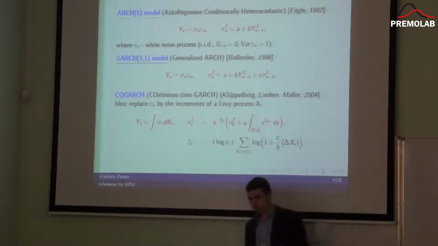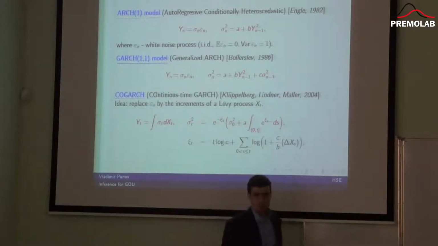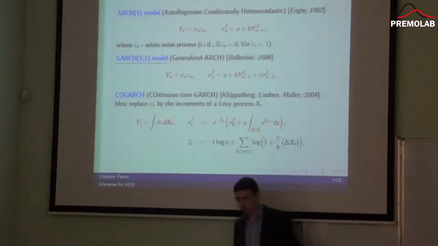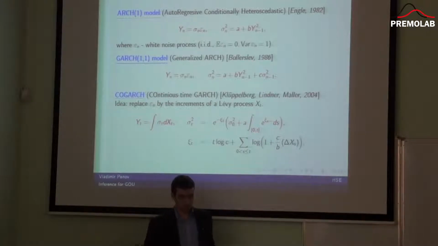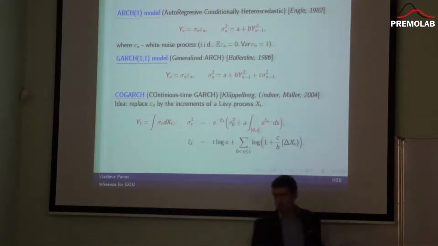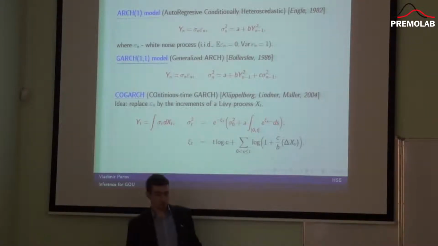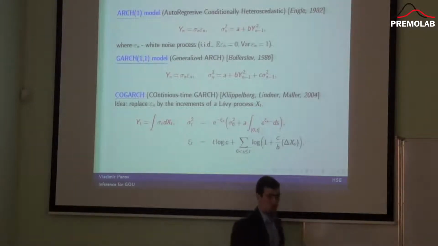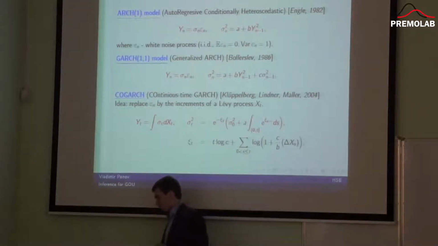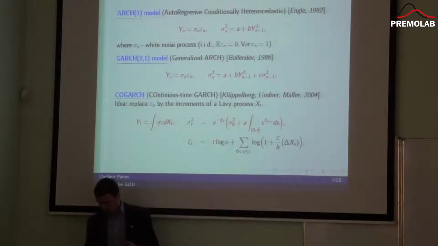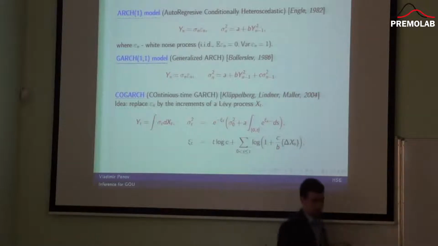Okay, this process was generalized many times. The most popular generalization is called the GARCH model. In this model, sigma_n squared linearly depends not only on the previous value of the process y squared, but also on the previous value of the variance. And it is also quite well known that the GARCH model captures many so-called stylized facts of financial data, like heavy tails. Values are uncorrelated but not independent. Volatility is stochastic, and so on.